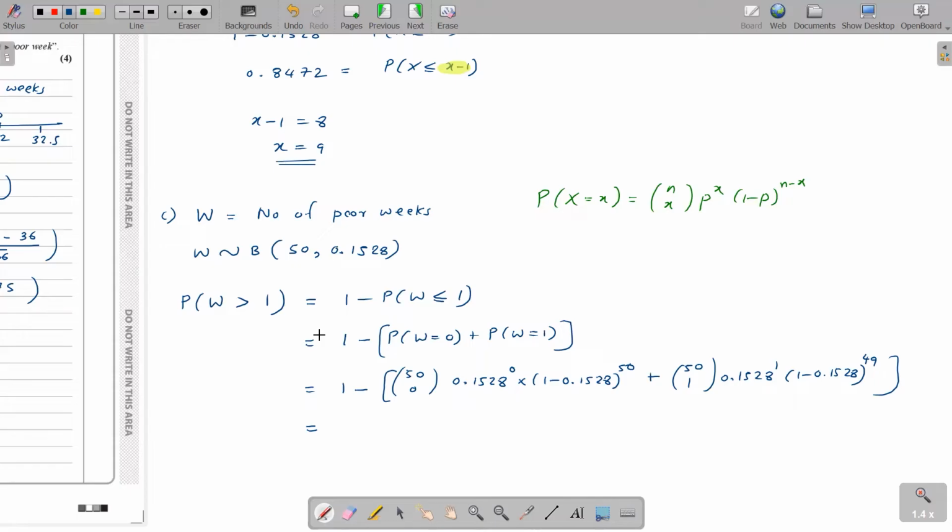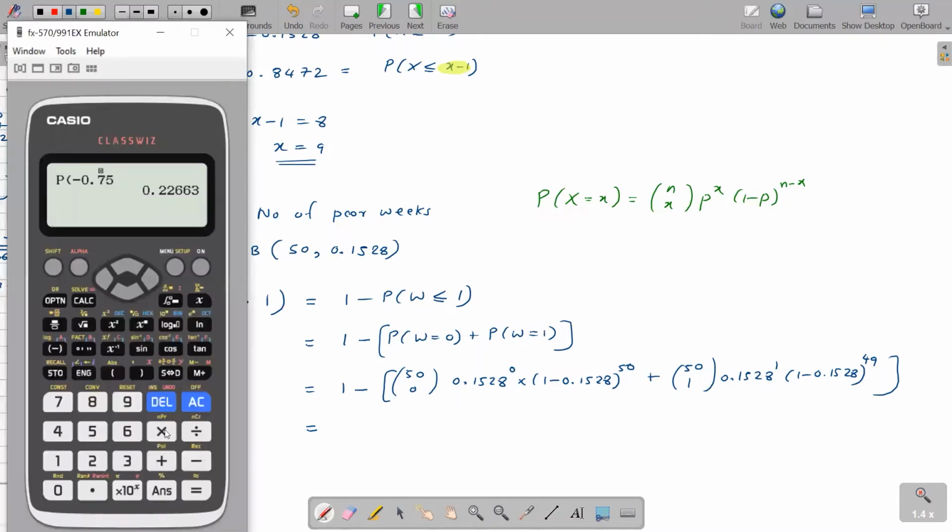Yeah, you'll have to type the whole thing in the calculator, right? 0.9975 is correct, right? 50C0, 0.1528 to the power 0 is 1, so I don't need to be bothered with that. 1 minus 0.1528 to the power 50, I should take that. Plus